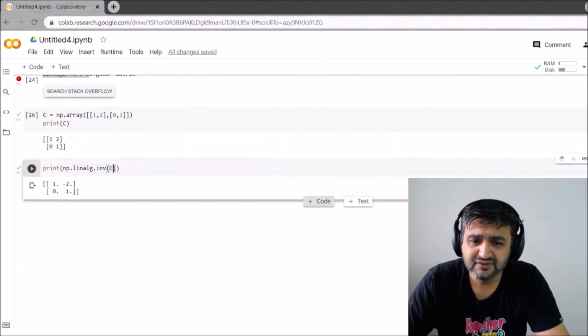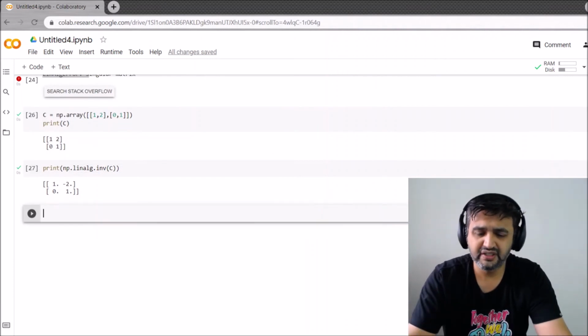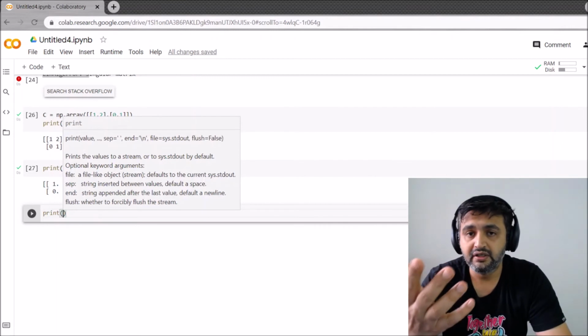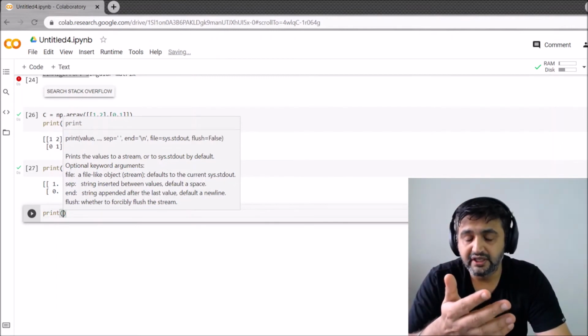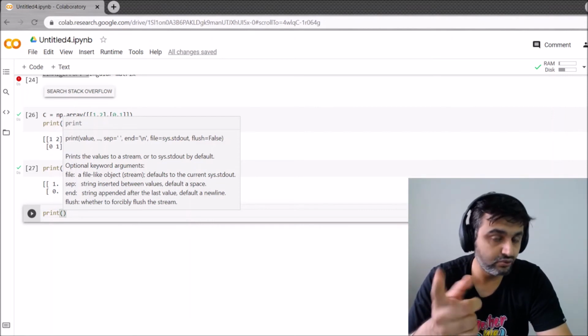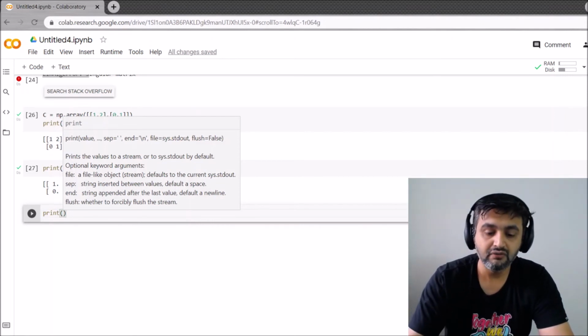Now there is a concept of pseudo inverse. Those who don't know can Google it. But as of now, if you want to find the pseudo inverse: the determinant of A we saw is 0, which means its inverse does not exist. But you can find its pseudo inverse. The pseudo inverse definitely exists. So how will you find it?